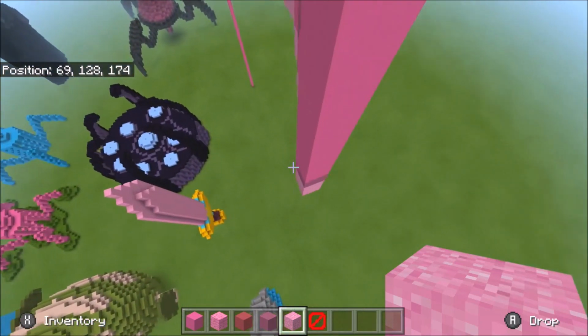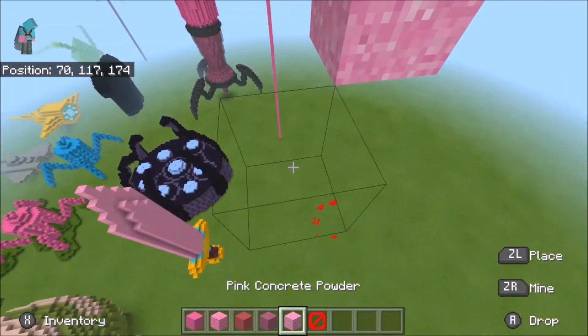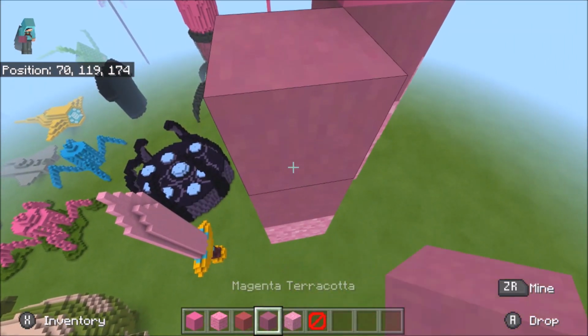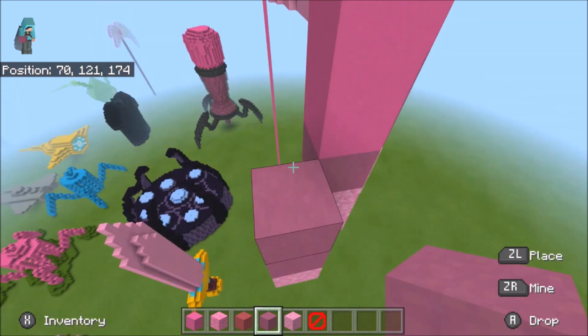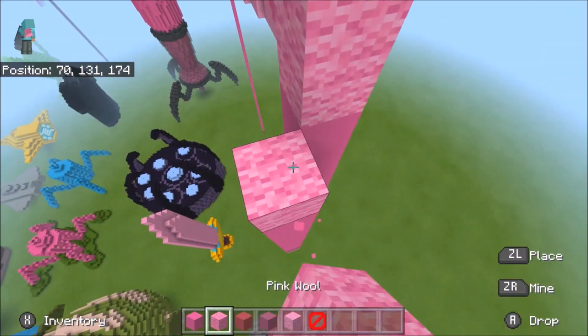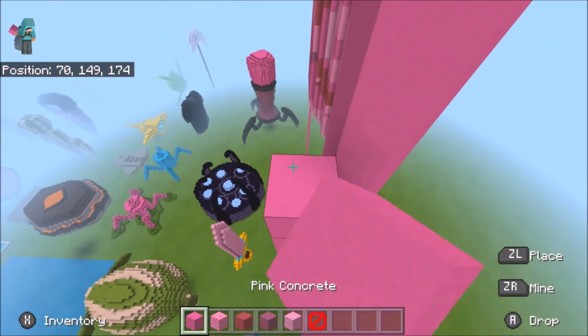Next up, we're going to be moving to the left again. So over there, go ahead and do 1 powder, 2 terracotta. The wool is going to be expanding again as well. So concrete up to here. And then wool, expand it out on both sides. Pink concrete,